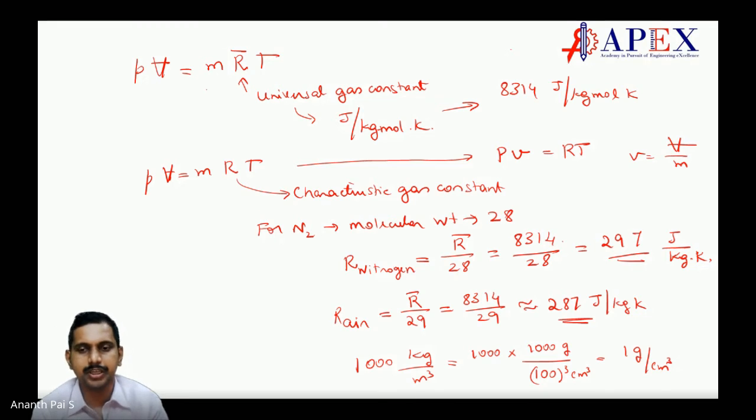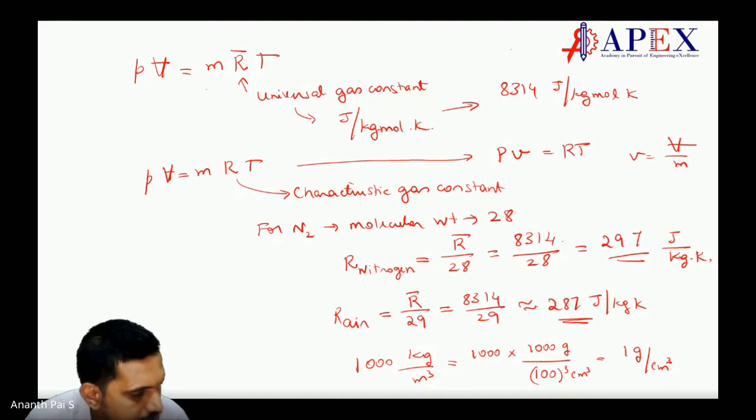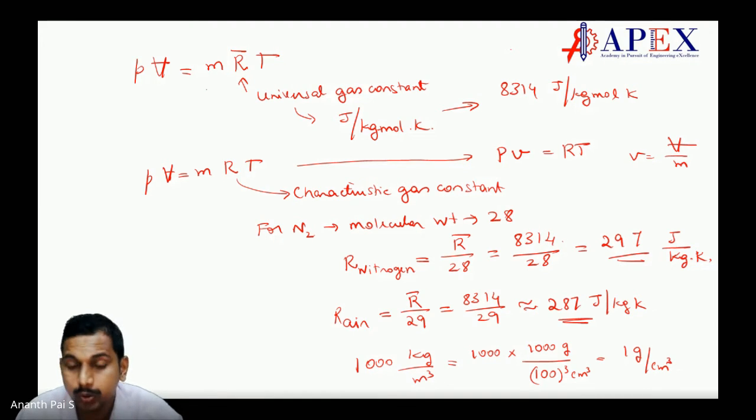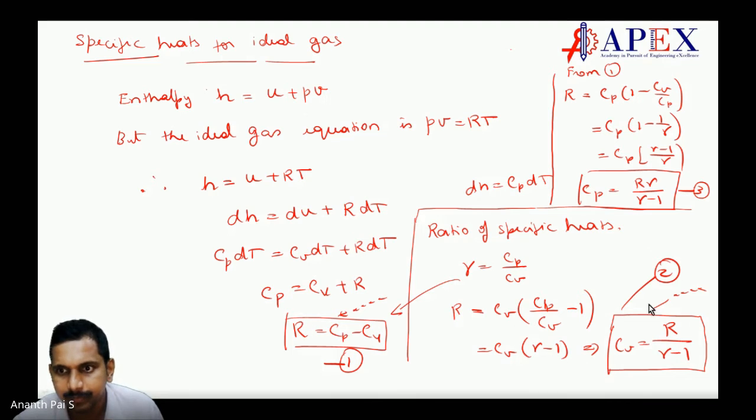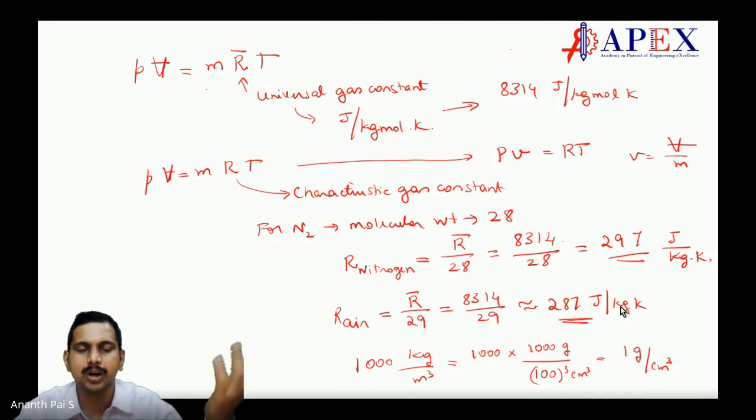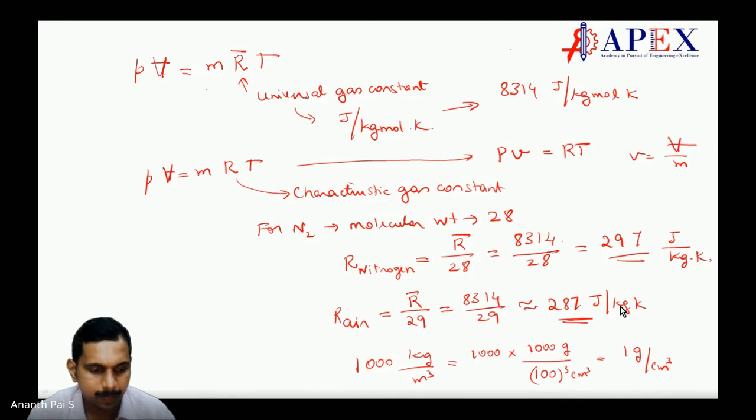Tell me when you have finished writing, students. Then we will see how to find Cp and Cv, because if I find out R, I should be able to find out Cp and Cv, correct? But how to find out Cp and Cv is an important one. Let us do that now. For Cp and Cv we need gamma. Just R is not enough. If I know R and gamma, I can find Cp and Cv, is it not? So next is how to find out gamma, step by step.